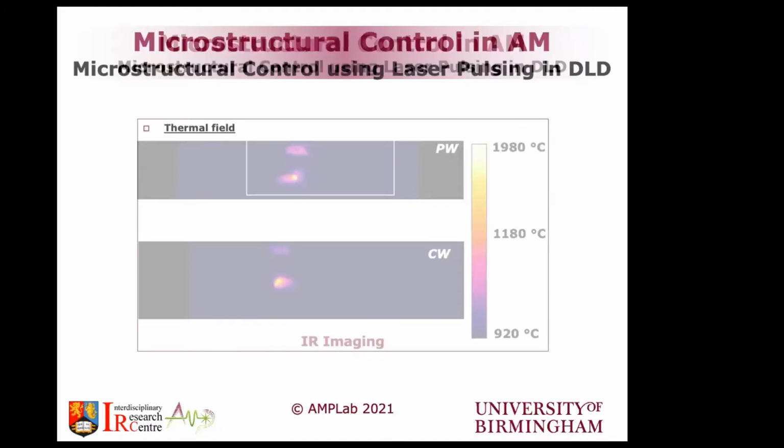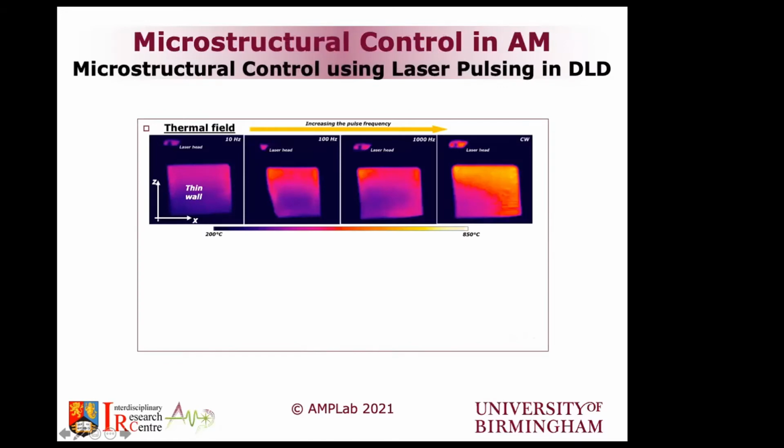That's what we tried to do in this study, where we looked into different laser frequencies. We went as low as 10 hertz and as high as 1 kilohertz, with continuous wave as the comparison. Now, you can see the temperature difference at the end of the build. This is the wall at the end of the build, and you can see that as you go lower in the frequency, you end up generating